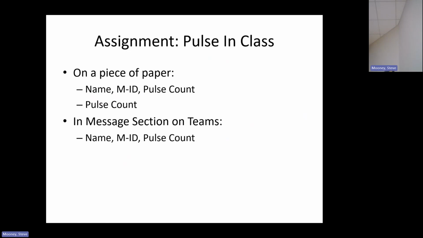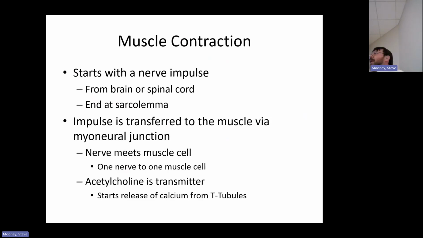Okay, let's get to muscle contraction. So last time we talked about the nerve impulse coming from the central nervous system, either up in the brain telling us to do something, or a reflex that we'll find in the spinal cord. That nerve impulse, that electrical current, ends at the sarcolemma at the myoneural junction. We talked about one nerve to one muscle because